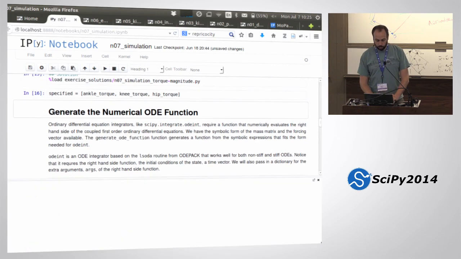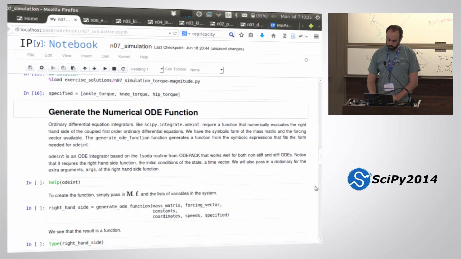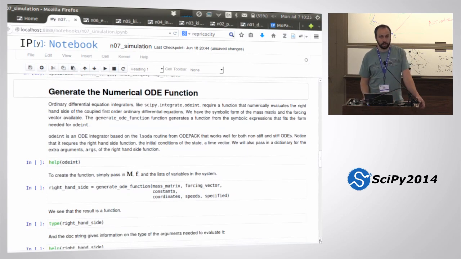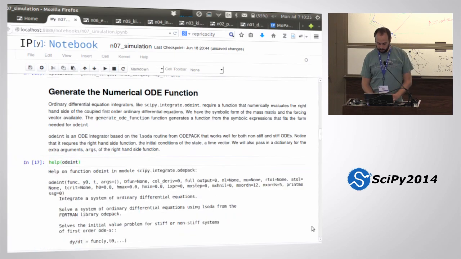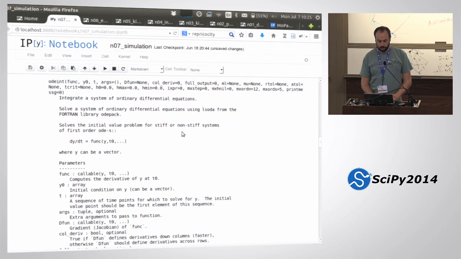Okay. So at this point, we have the equations of motion. We've got these lists of all the pieces that we need, specifying which variables are which, and we're going to make use of the generate ODE function command. Now, what do we want to generate? If we look at the help docs of ODEInt, the first argument of ODEInt is a function, and that function is supposed to take the current value of the states, in this case the letter y,